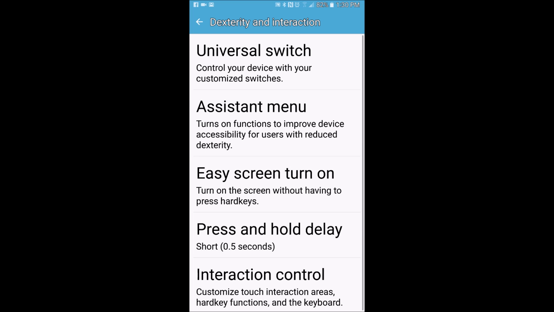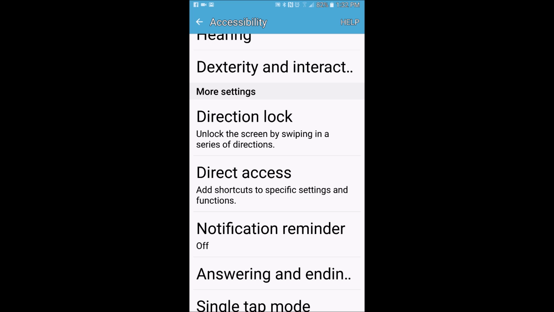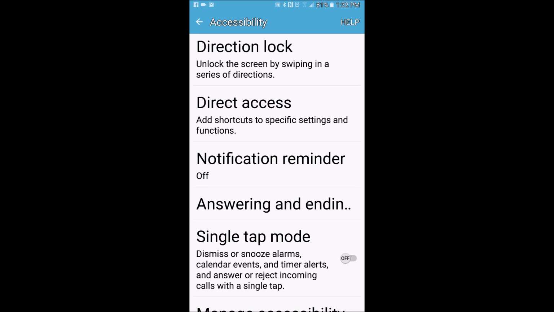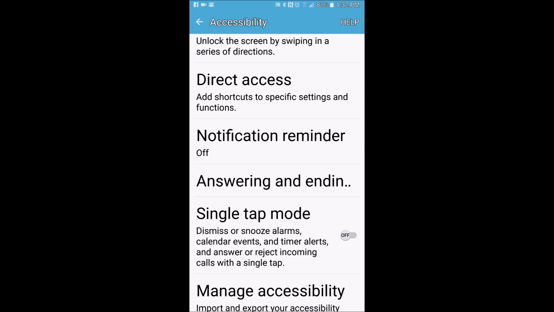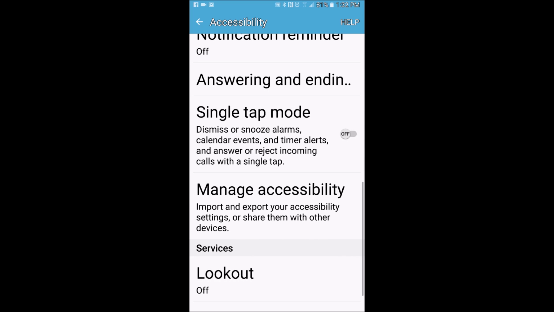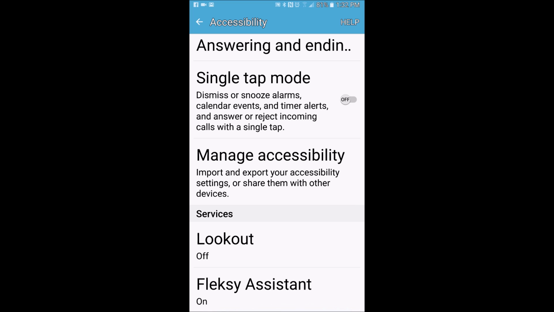There's also options for dexterity. They have switches that you can use to navigate your phone, and various options like a press and hold delay and things like that. There's also a direction lock, so you can just swipe in a certain series of directions and then unlock that way. There is an option for direct access, as well as notification reminders, options for answering and ending calls, single tap mode,